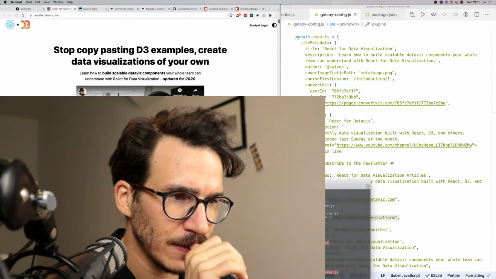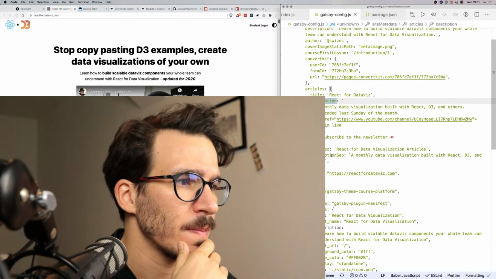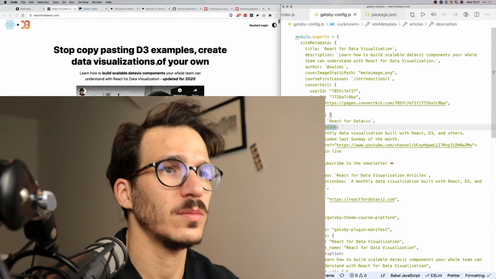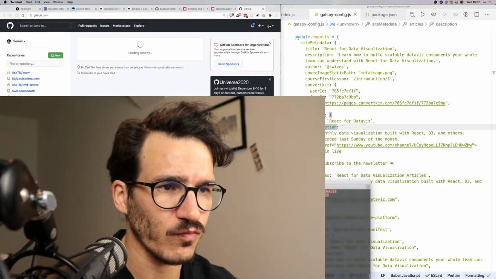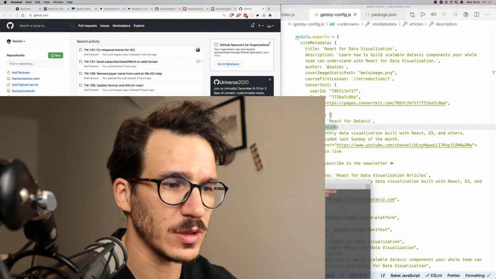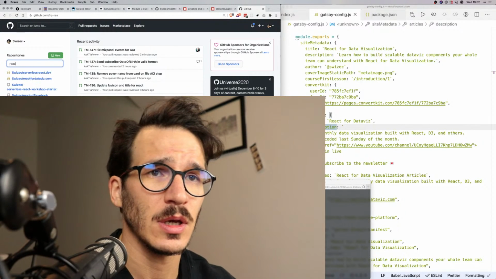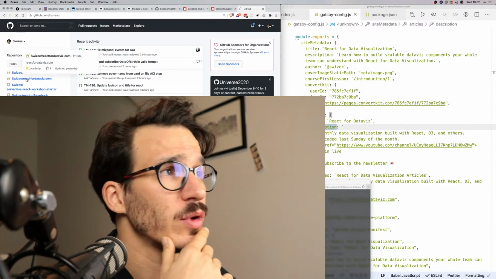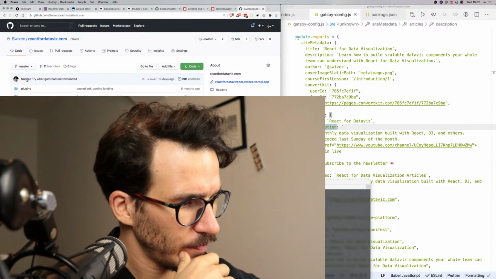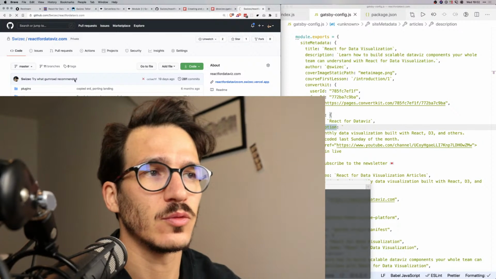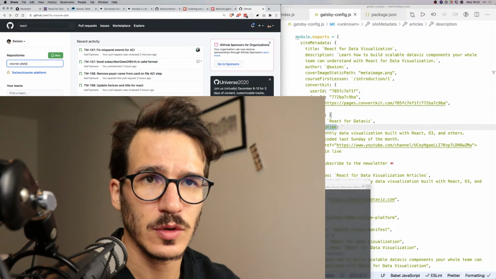So why isn't Gatsby remark embedder working? What if, let's see, Gatsby Theme Course Platform. Let's go look at the course platform repository. Maybe we can see, what can we see? Oh, let's try npm run start. Maybe running it with npm instead of yarn is going to magically fix issues, although I don't think it will. So reactfordataviz.com. Also, I'm live coding. No, that's the wrong one. If I go to the course platform here, course platform,